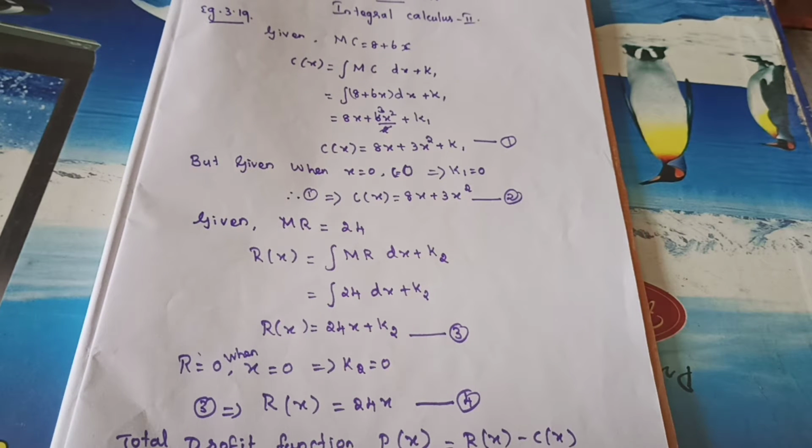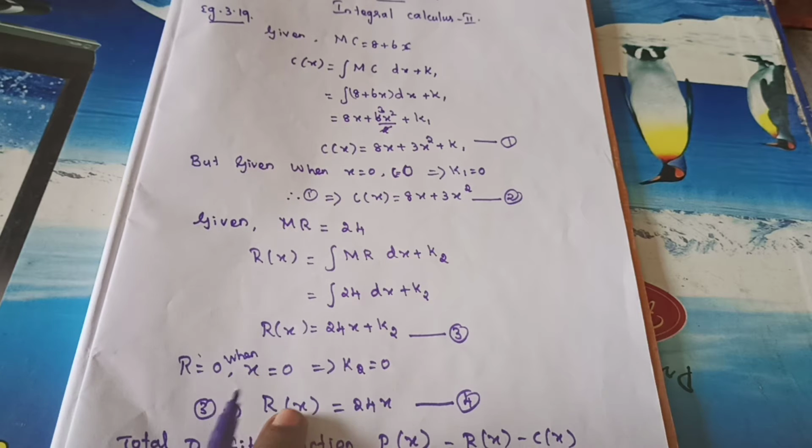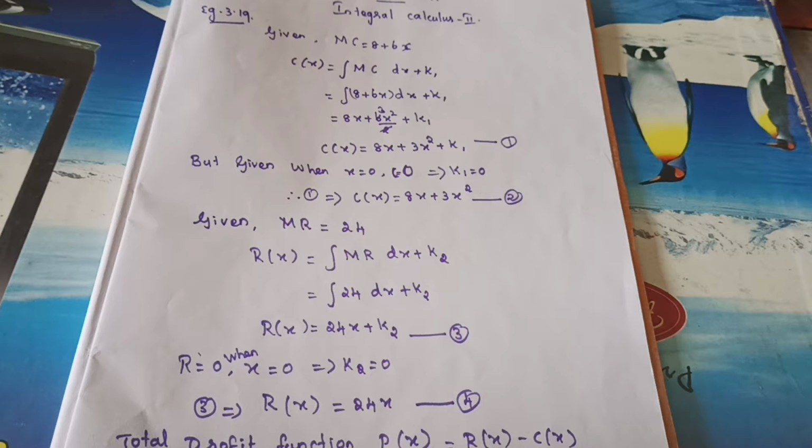Here they give the value of marginal cost and marginal revenue. From that, you need to find C of x and R of x. Afterwards, R of x minus C of x, from that you will get the total profit. They gave in the question: find the total profit, given that the total cost is 0 when the output is 0. So we substituted this in R is equal to 0, meaning x also 0, according to the given question. Understand students? Okay, let's move to the next problem, example 3.20.